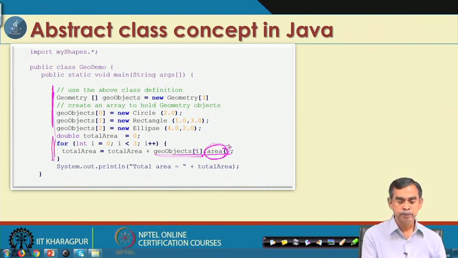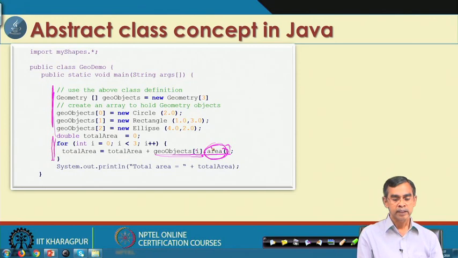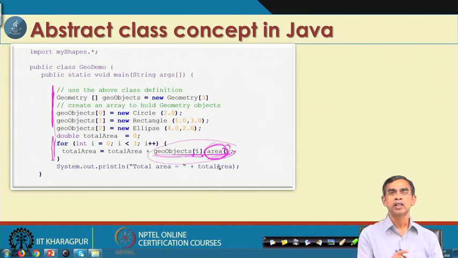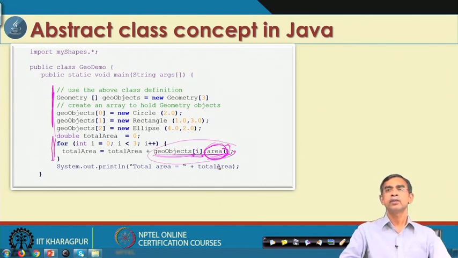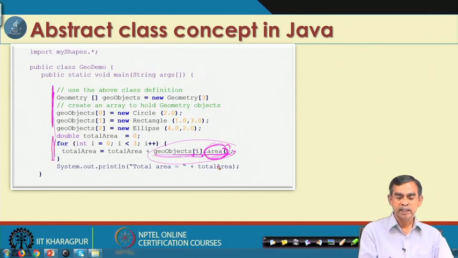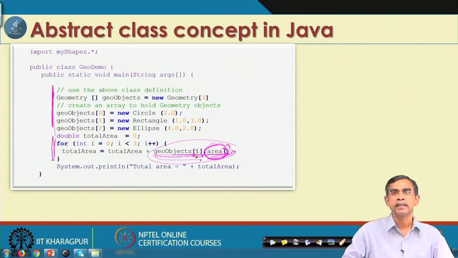Whenever i equals 2, this area binds to the ellipse object. So, geo objects i automatically binds with the corresponding object. This is called dynamic binding, or runtime polymorphism, because this geometric object works polymorphically for any area, irrespective of the type of the object it is.